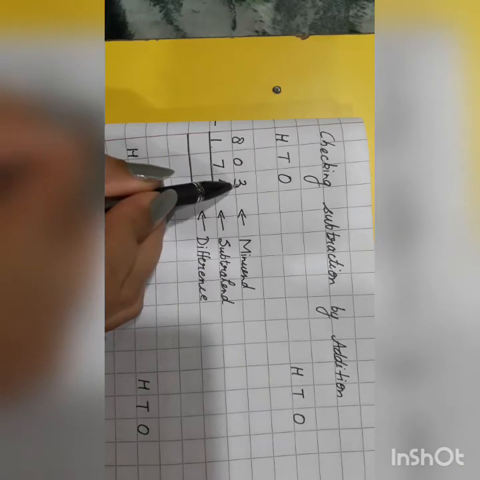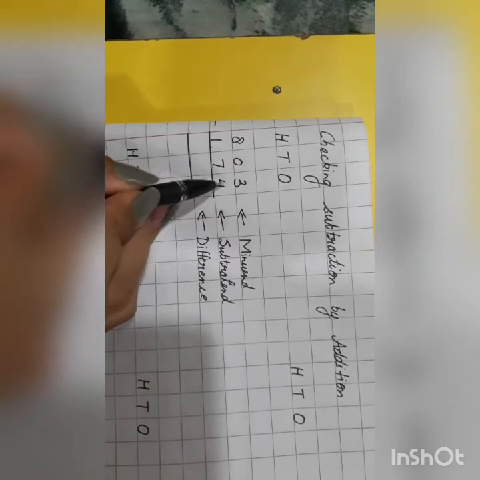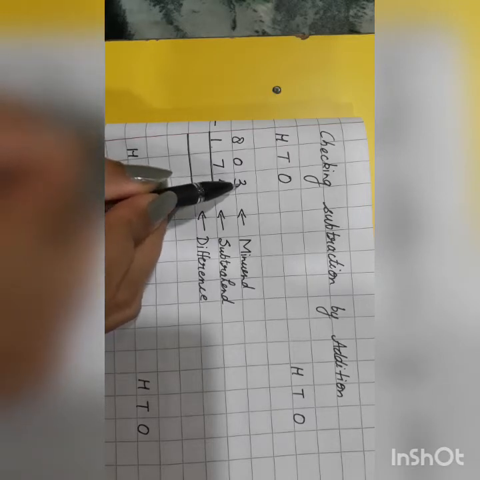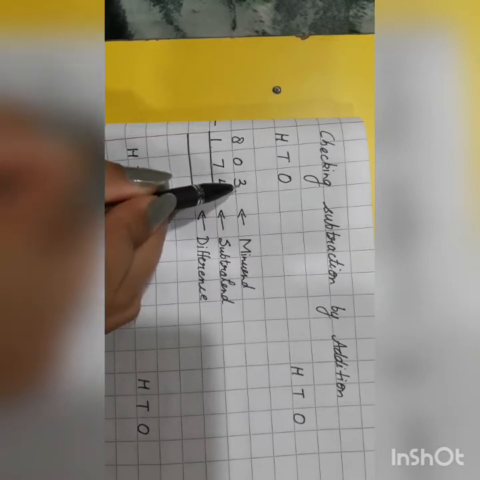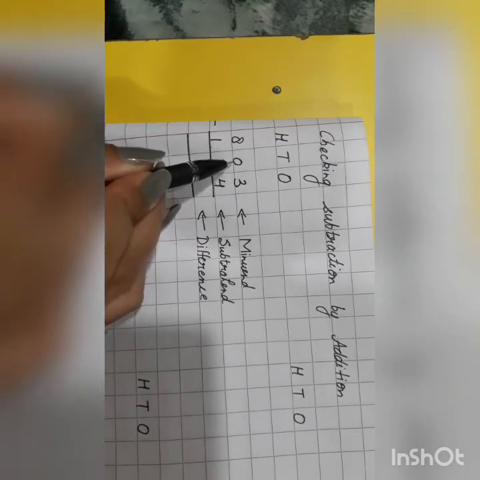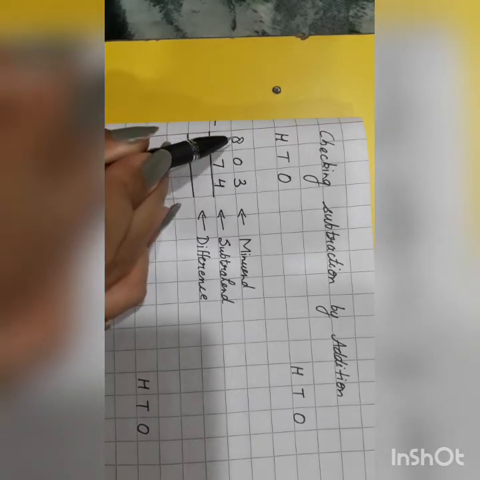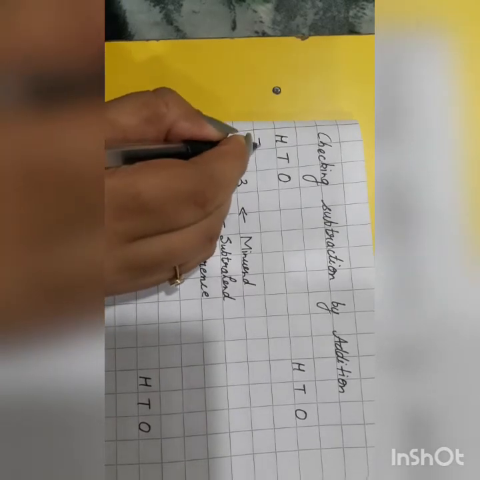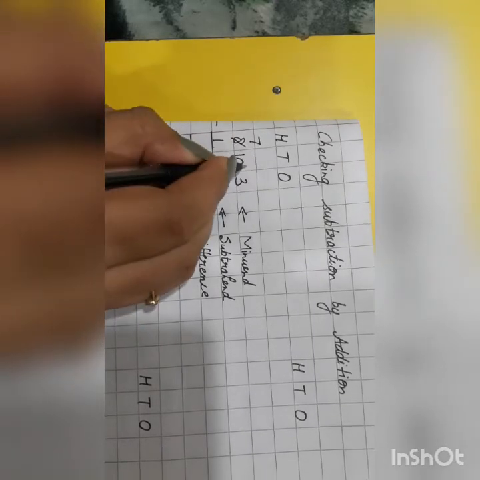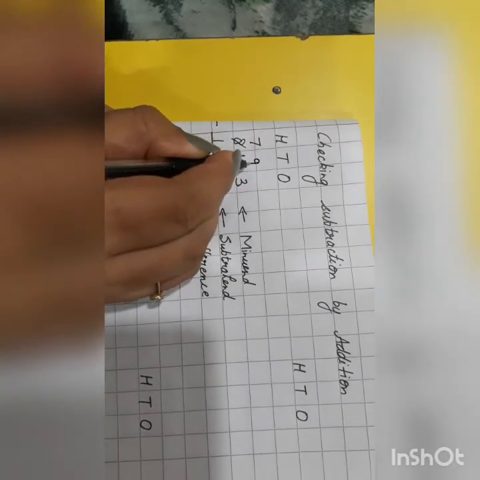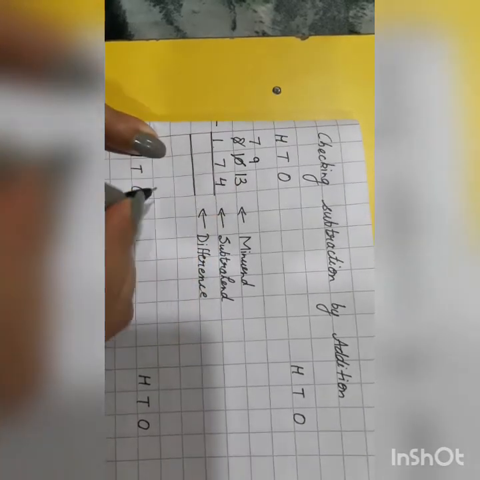Now we will start doing subtraction. Now see, here is 3 and there is 4. Can you subtract 3 minus 4? No, it is not possible. Why is it not possible? Because 3 is smaller than 4, and I told you whenever you have to subtract, the first number should be bigger. Yes, we have to borrow, but it is already 0. Now what do we do? We borrow from the next number. 8 becomes 7, and 0 becomes 10. Now 3 borrows from 10, so it becomes 9, and this becomes 13.